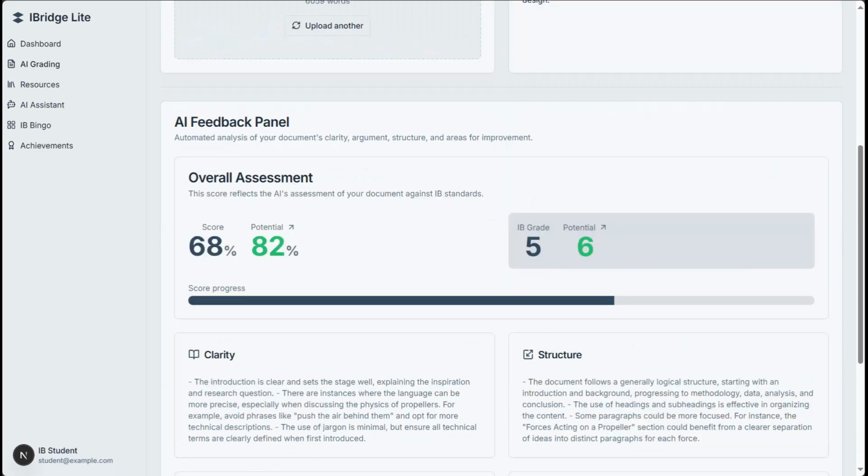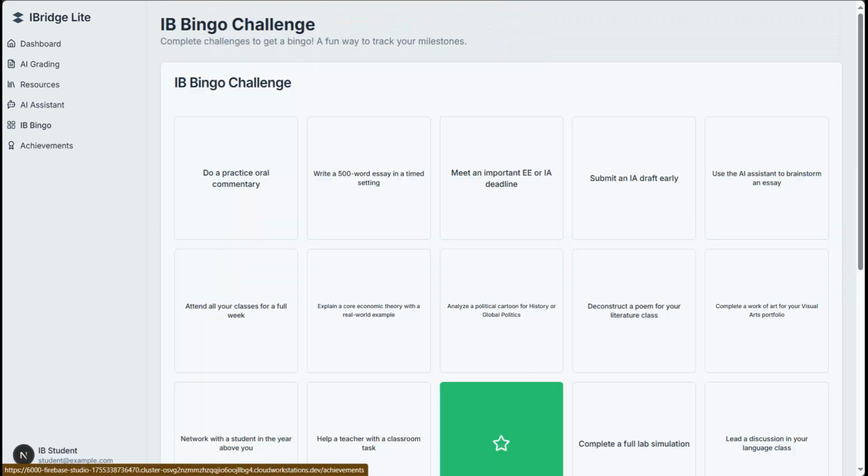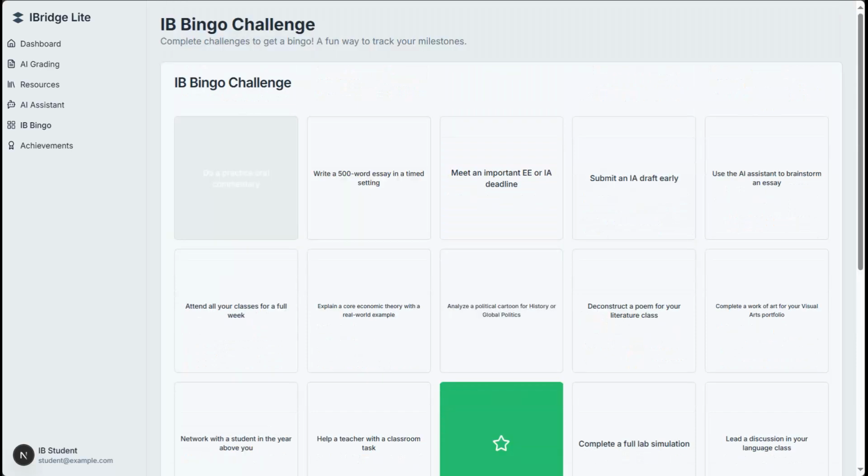This wraps up the document grader. So let's go to the next resource available. You guys may have seen this IB Bingo. Essentially, much like your to-do list in the dashboard, the IB Bingo is a fun way to help you get work done. Randomly, there's a bingo card with a couple of activities that you can do, both academic